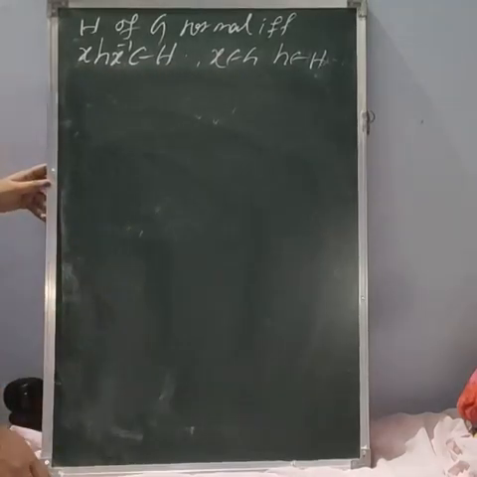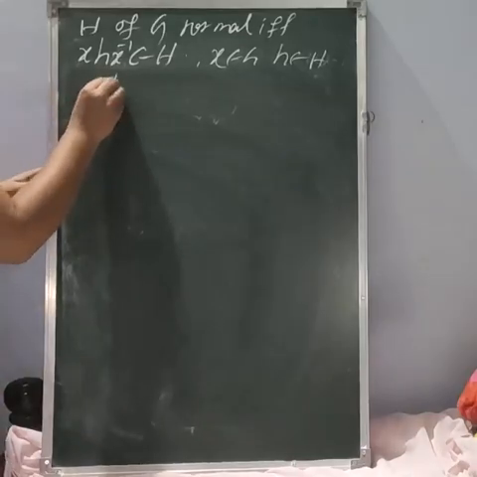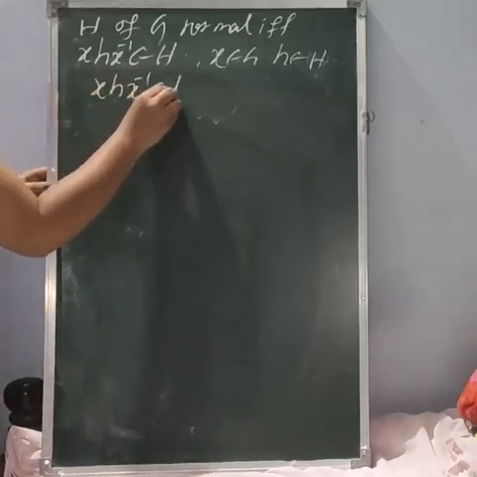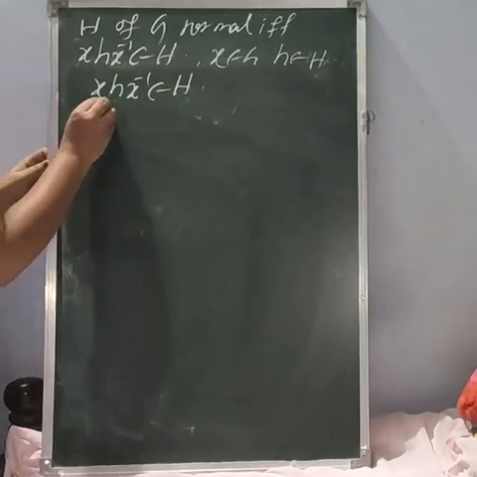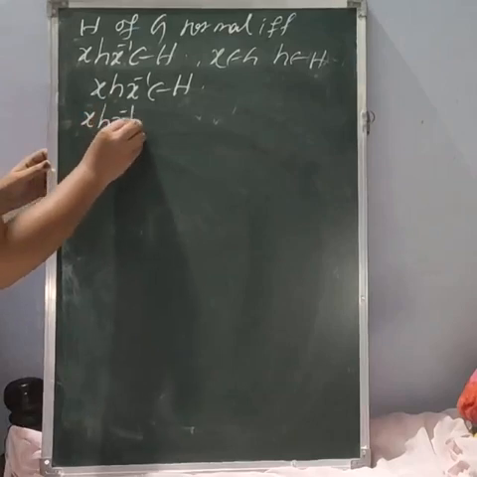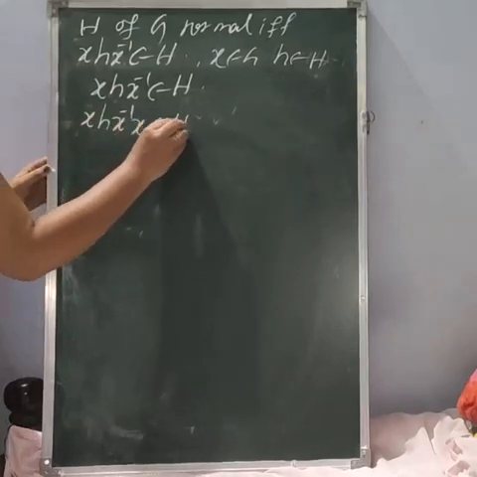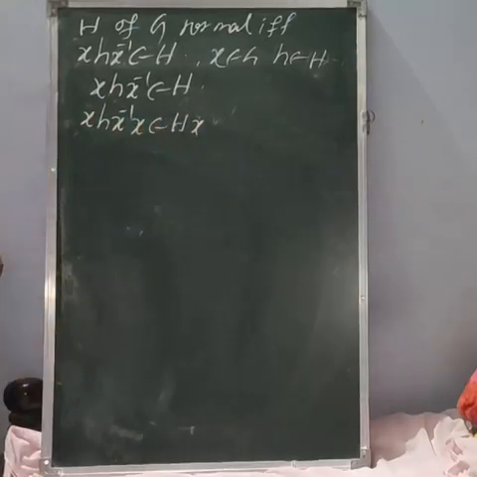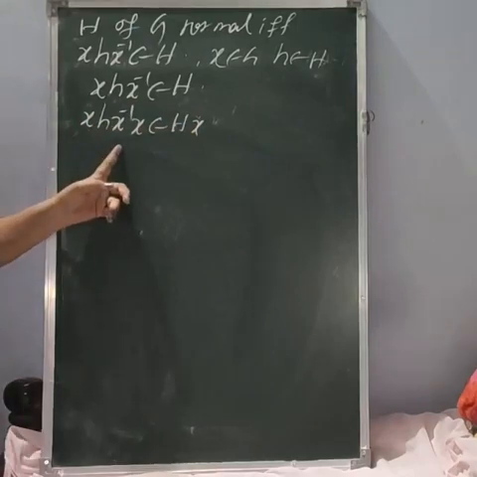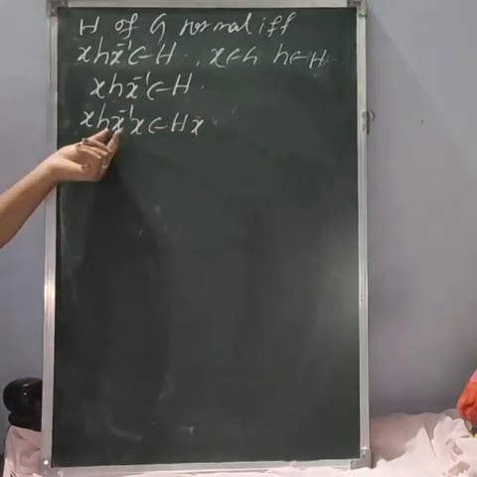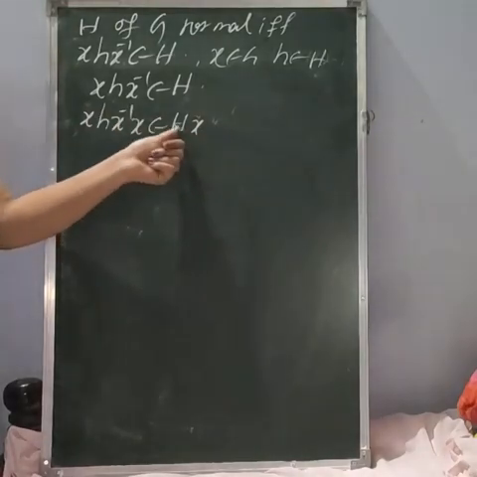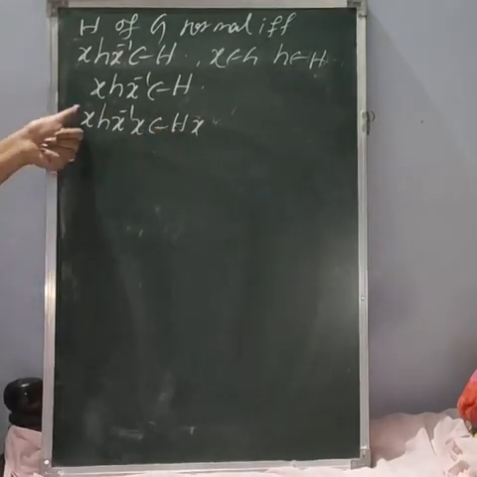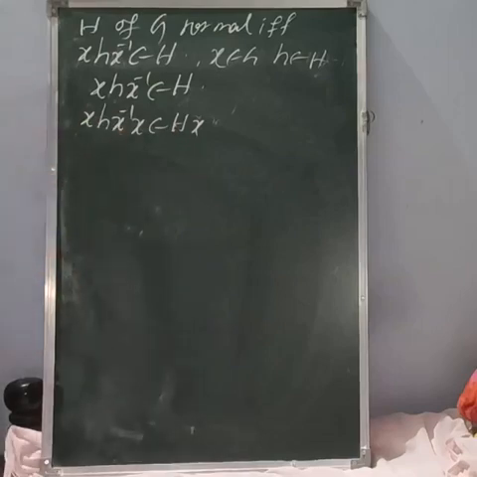In the second part, let us take x h x inverse belongs to H. Now H is the normal subgroup. Okay. Now multiply x on both sides. What we will get? x inverse into x belongs to H into x. Suppose if you are multiplying on the right side of this x, then on this side also we have to multiply x, again on the right side. If you are multiplying left, then we will multiply left.